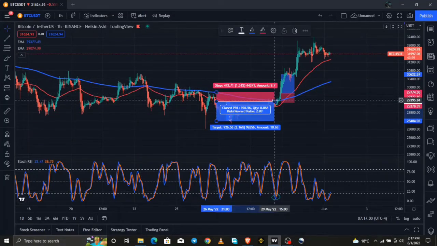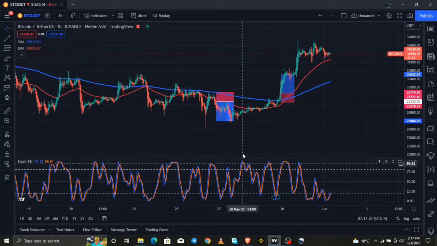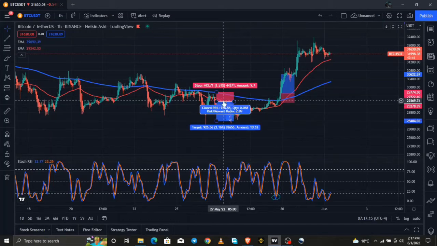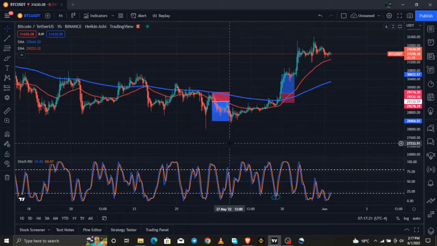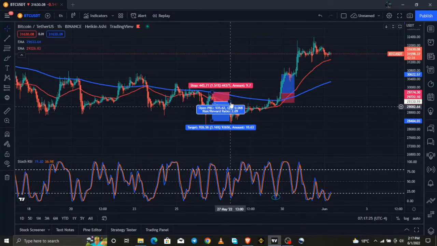So you take a short position, 1.5 stop loss, and I take profit of 3% with this strategy, guys. Always confirm with the stochastic RSI. And as you can see here, the EMA 50 was acting as a resistance level too. The EMA 50 directs you on when to take your trades and the confident position to go